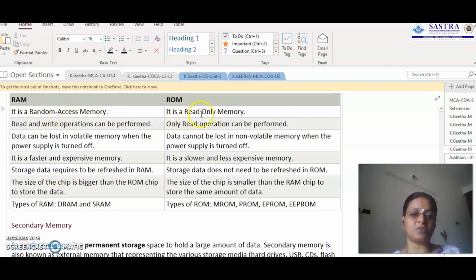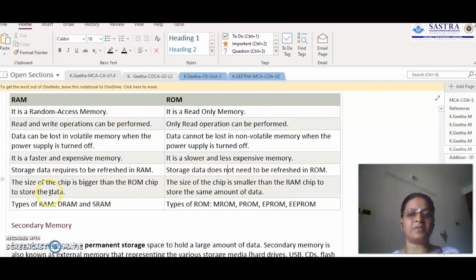Coming to ROM, it is also random access, and only read operations can be performed here. In RAM, read and write operations can be performed, and the data can be lost, so it is volatile in nature, whereas ROM is non-volatile. RAM is faster and expensive, whereas ROM is the reverse of that: it is slower and also less expensive. Because RAM is going to lose the content, it needs to be refreshed after every few milliseconds,